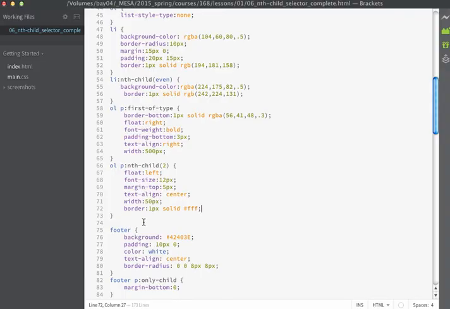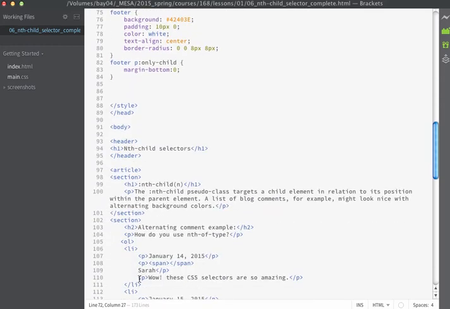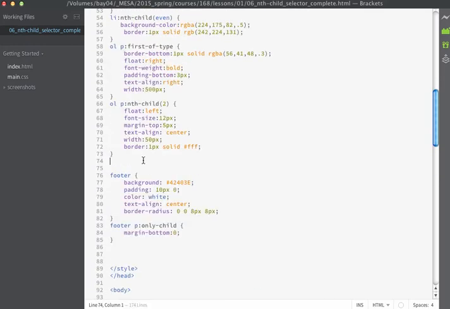Next, I'm going to make a rule for the very last paragraph, which is going to be the person's comment. Now, all of our comments are just one paragraph, but it might be a situation where the person might write more extensive comments, so there might be more than one. So let's use an nth-child selector that will allow us to select all of the paragraphs except for the first two. So we're going to go ahead and use p nth-child,